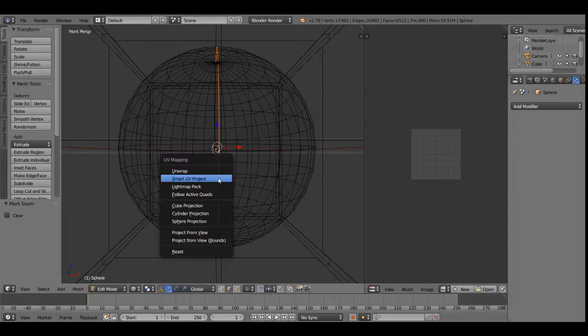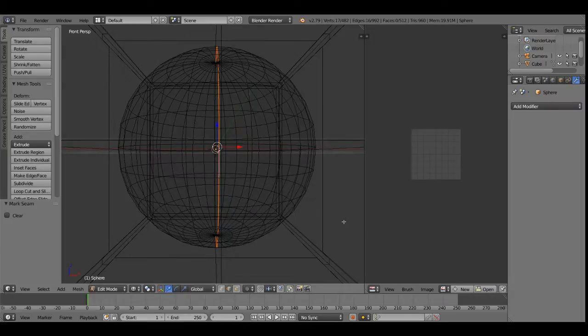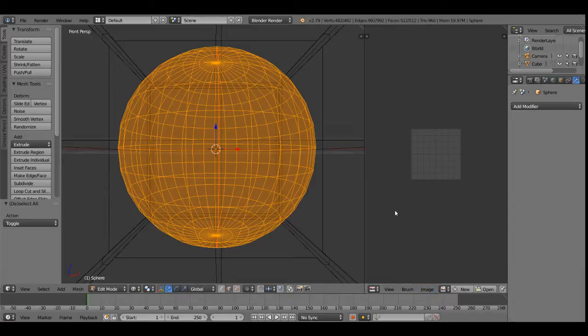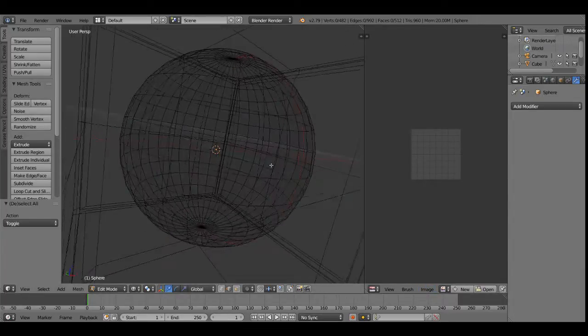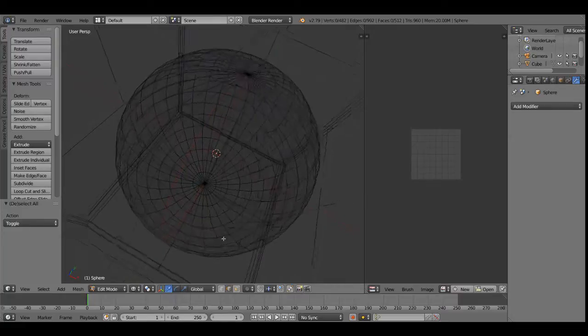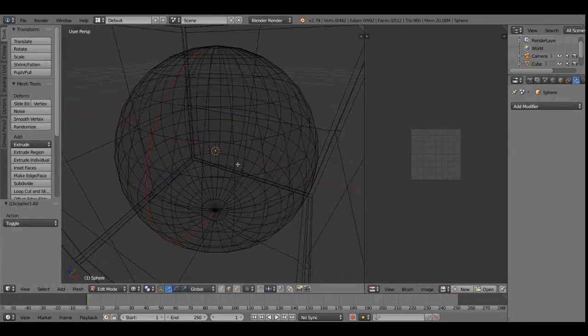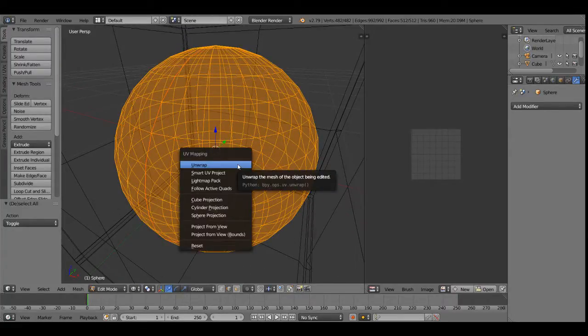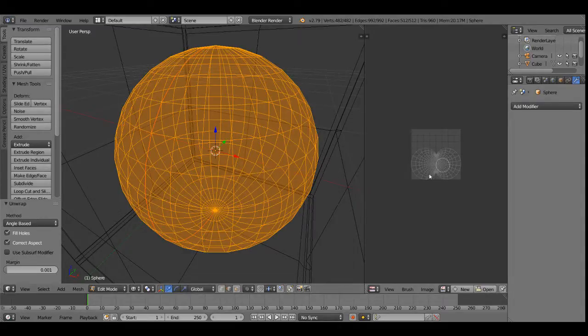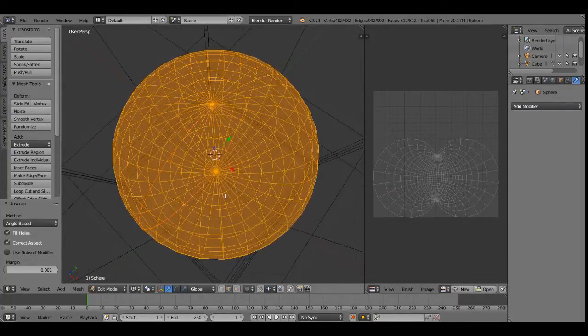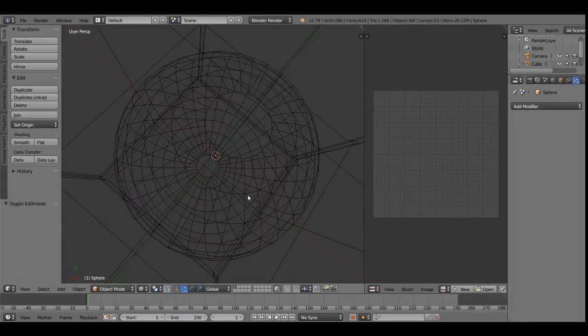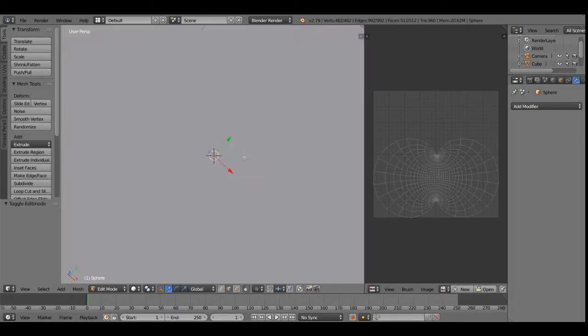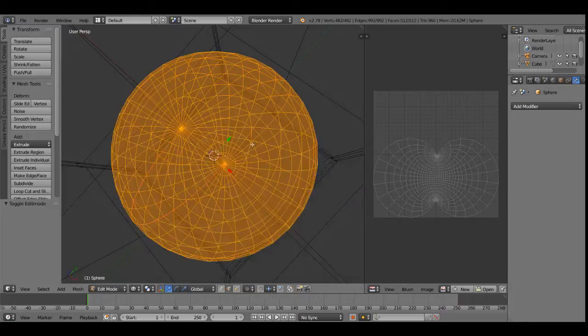So now, if we UV unwrap and select everything, I would think that's able. Okay, that isn't quite what I wanted. Because we still have a part up on that side, so